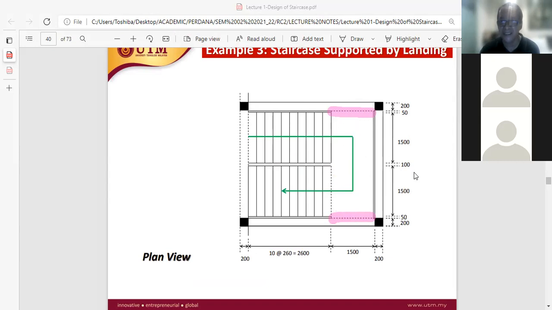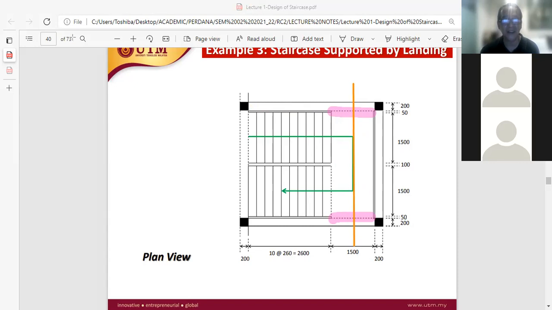This is the landing portion of the staircase. Okay, and this is the beam at the end of the landing. Maka, if there is a dotted line di sini dengan sini, bermakna for this landing, kalau kita ambil cross section, okay, if I were to take a typical cross section of this landing in this direction,